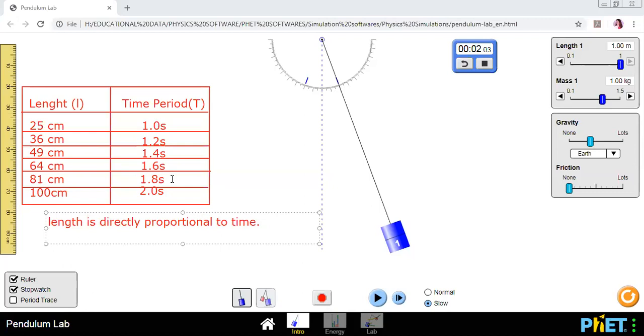So now, Rishi, why no, beta? Can you type your answer? Why did you say no? Because if you look at the relation, I can easily see that as my length is increasing, 25, 36, my time period is also increasing. Yes or no? So Rishi, can you type your answer? Or even Krish or Swam, three of you have said no. Can you tell me why? Come on, say it quickly.